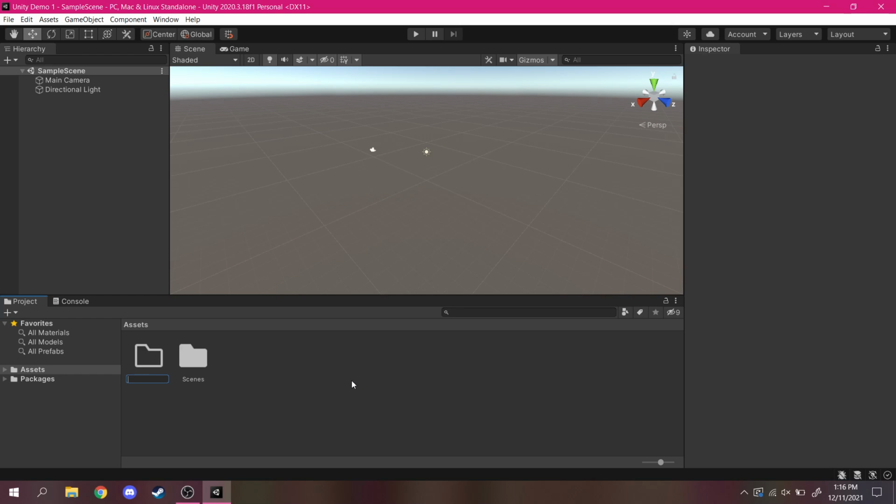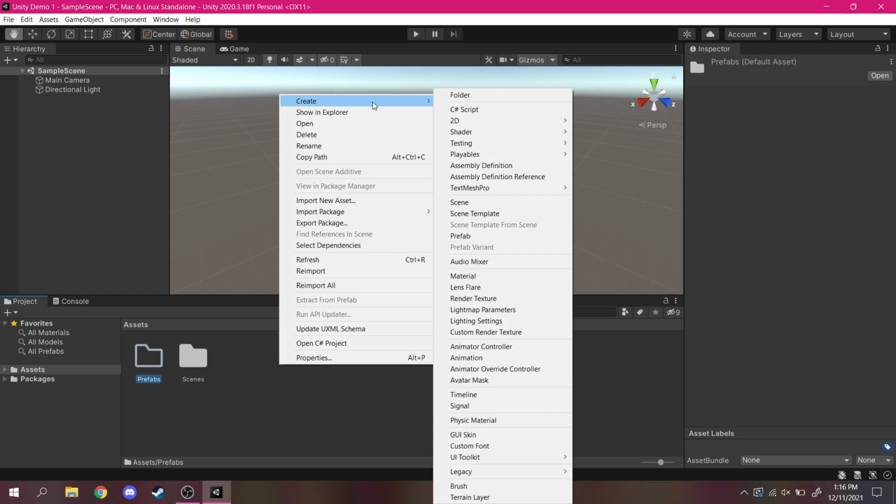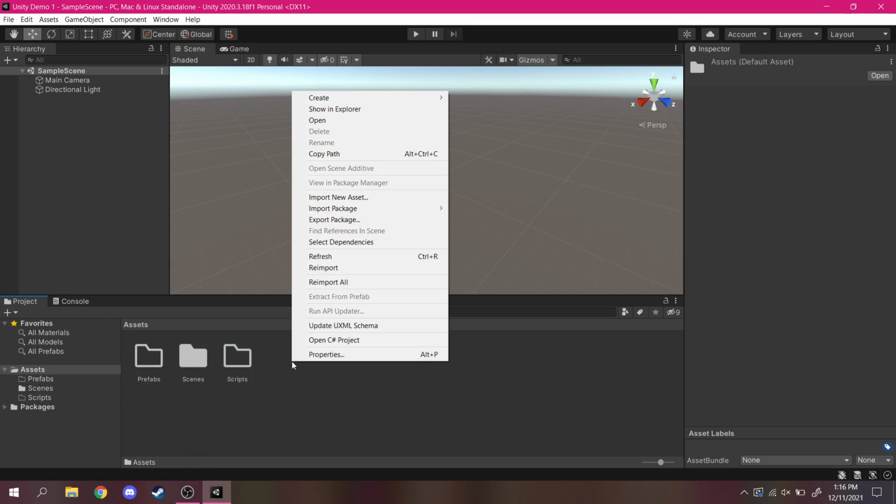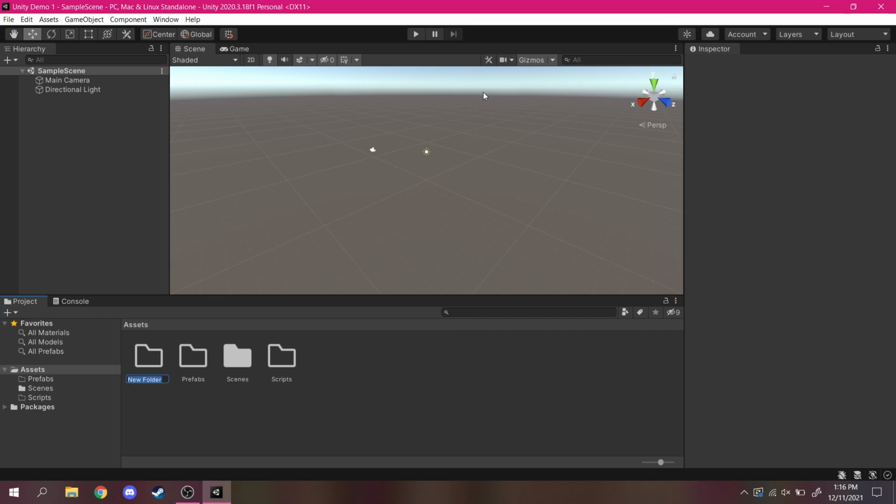So I'm going to create a folder for prefabs, for scripts, and another one for materials right away. And then